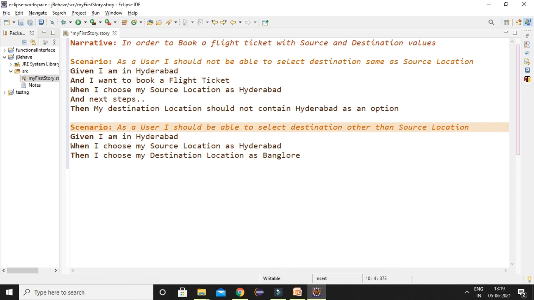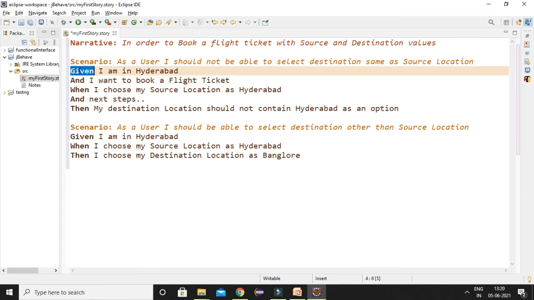Scenarios are represented with the Scenario keyword. Executable steps are represented using Given, When, and Then. Given is used for preconditions, When is used for any action performed, and Then is used to validate the outcome. On top of that, the And keyword assumes the same meaning as the previous step.